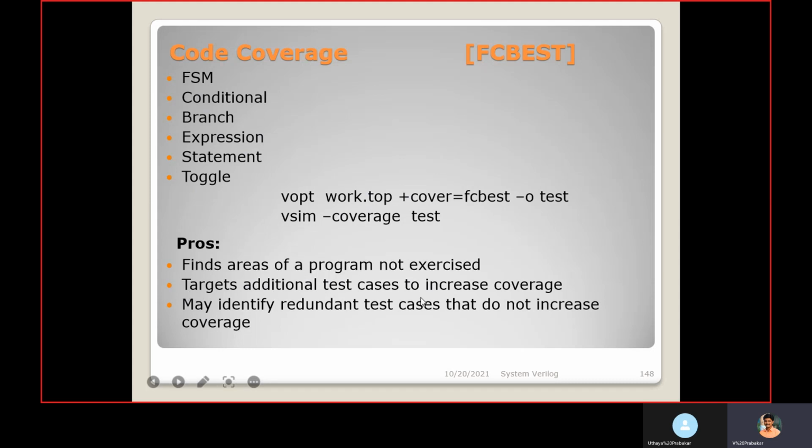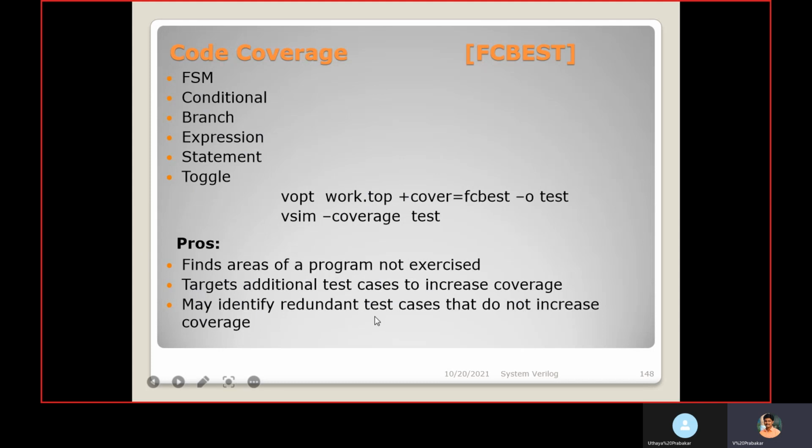It targets additional test cases to increase the coverage. We can identify the portions not covered during verification, and based on the code coverage we can identify what test cases to develop to improve that.